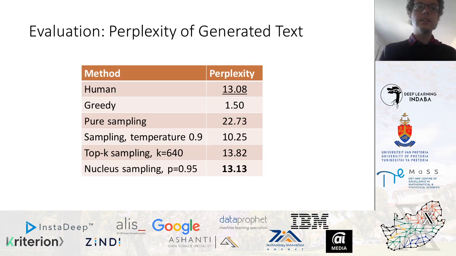The results show that nucleus sampling and top-k sampling generations are closest to that of human text. Notable in these results is the very low perplexity of greedy decoding. This means that the model is assigning a very high probability to the repetitive, nonsensical examples we saw earlier for maximization-based decoding. Sampling also performs worse than truncated sampling, which indicates that sampling words from the low probability tail of the distribution causes the overall probability of generated sequences to become worse than it should be.